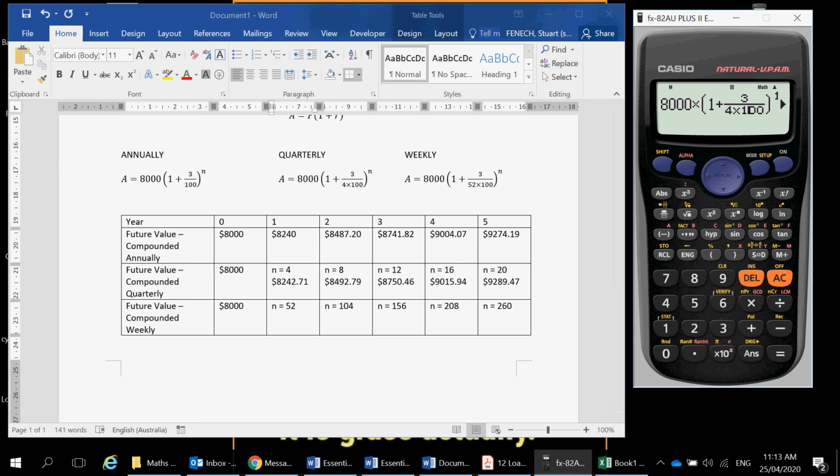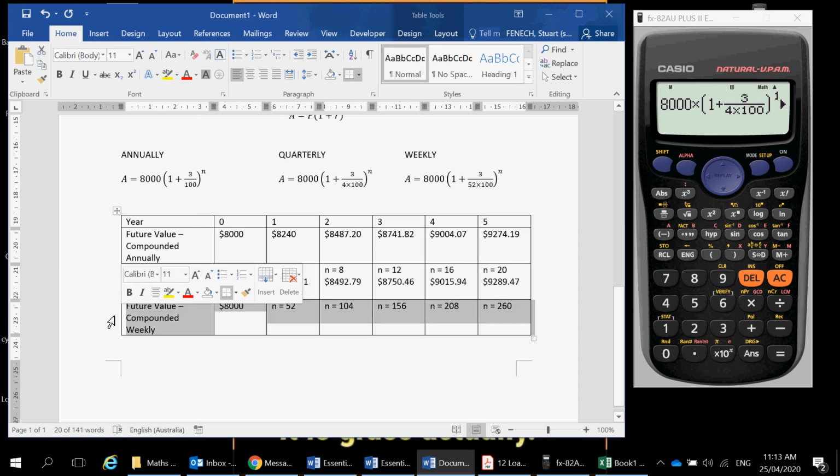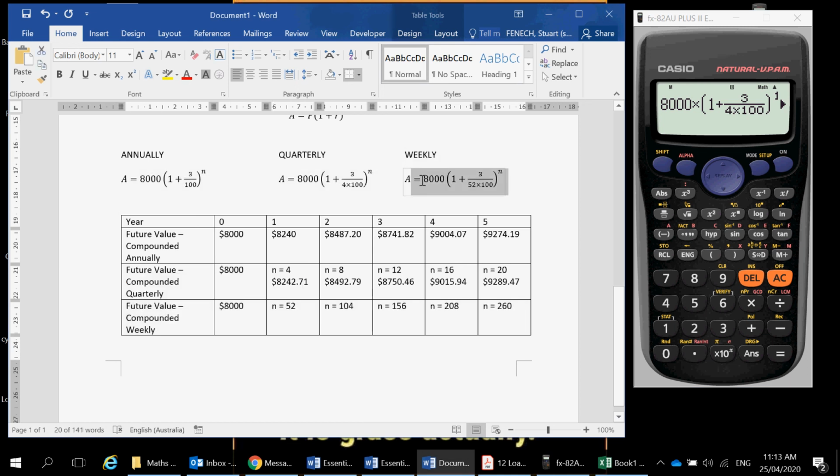Anyway, for the bottom row now, I'm going to use a calculator to find these values. So it's this formula here, and we've worked out the value of n, the number of weeks at any given time for any number of years. We've got the n values there. So we're dividing by 52 now. And we also need